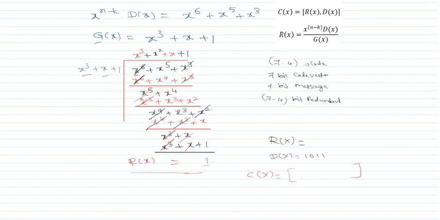But we have to express this as a 3 bit. Why do we have to express this as a 3 bit? Because we have an n comma k, that is 7 comma 4 code we are generating. So the number of redundant bits can be calculated as n minus k. So here n minus k is equal to 7 minus 4, which is equal to 3 bit. So it's a 3 bit redundancy we have to write.